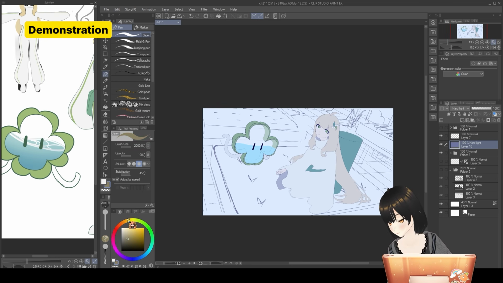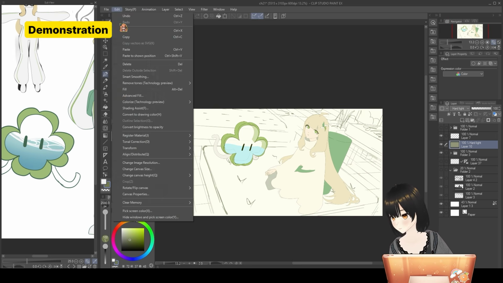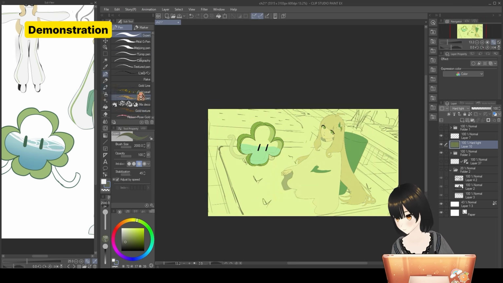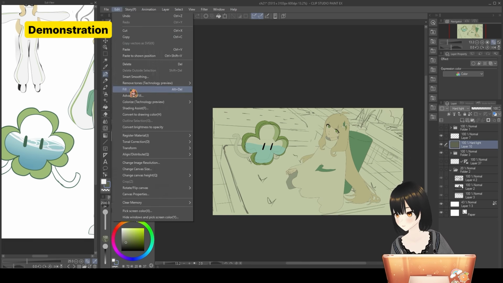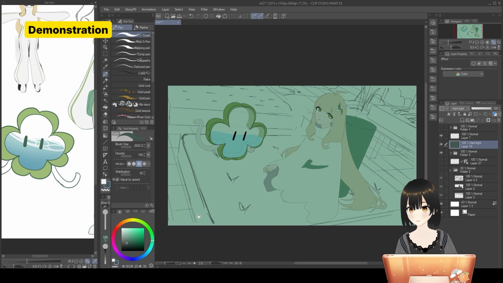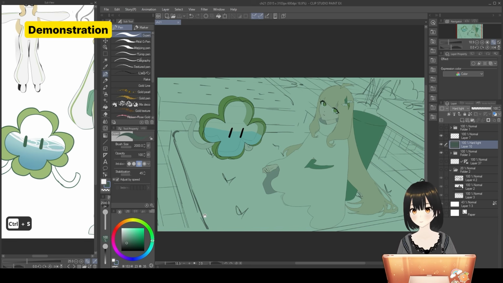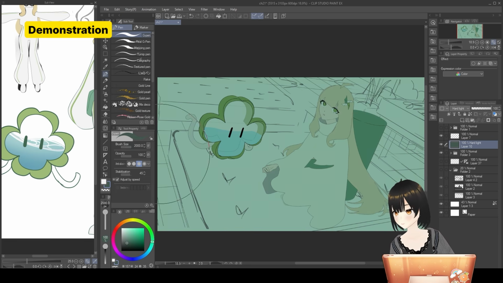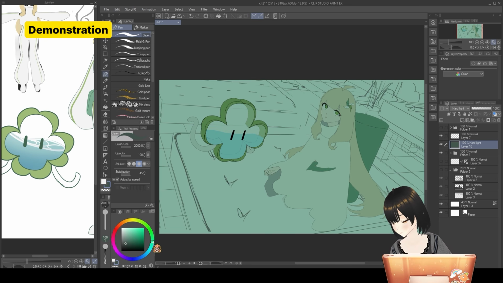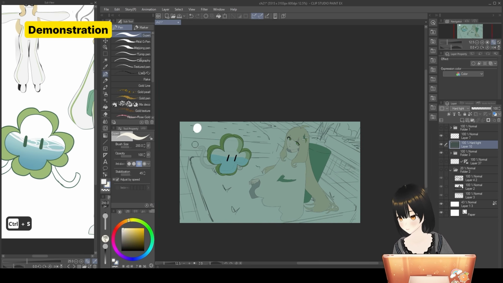For this one, I'll see if I can do something like a green sort of undertone here. And then we'll see if I like how it looks. So let's say that our undertones are a little bit more teal-ish. We'll see if this is something that we like. And I'm trying to go for a more muted color. There we go. And then the direction of the sunlight that I want to achieve is over here,